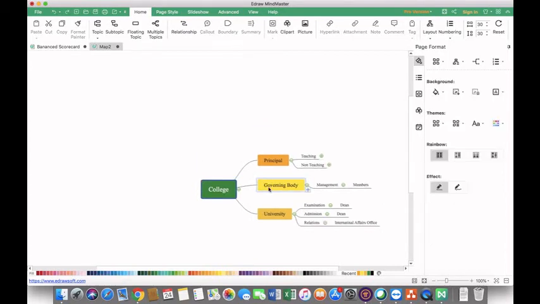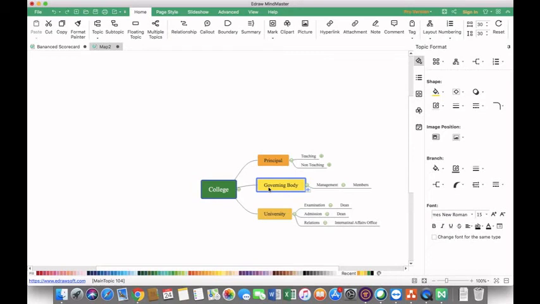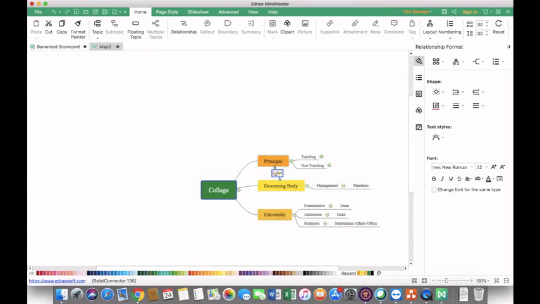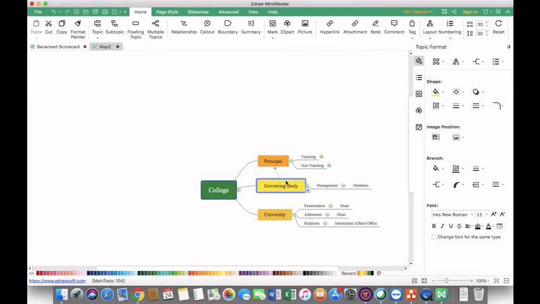So now suppose I wanted to prepare a relationship between the governing body and the principal. So we can also create a relationship between these two things. For creating these relations, I have to go to the relationships, and in relationships, I will connect this governing body with principal. And the moment I connect this, it will ask me about the name of the relation. It will ask me the label.